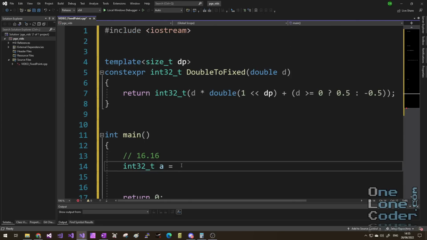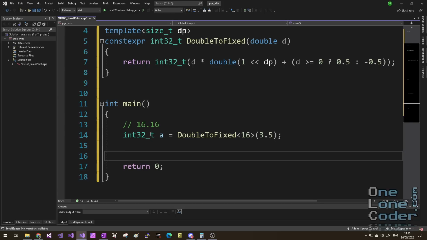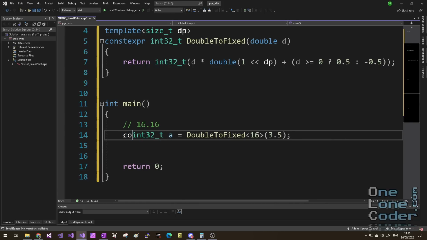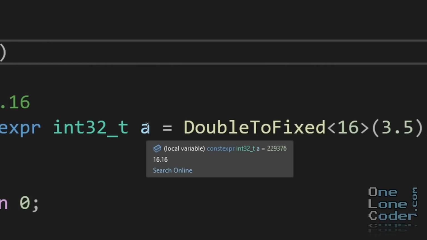Let's use this function to convert a double to our fixed point notation. Double to fixed. We're going to use 16 binary digits after the decimal place, and we'll pass in the number. Let's pass in 3.5. That's one of the ones we're experimenting with in the slides. Now, if I also make this variable constexpr, IntelliSense will quite happily go away and calculate some of it for me. Now, I'll zoom in on the video, but it says here that the result is A equals